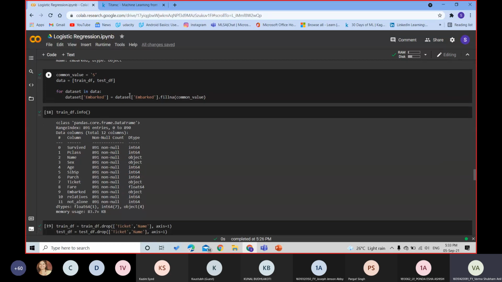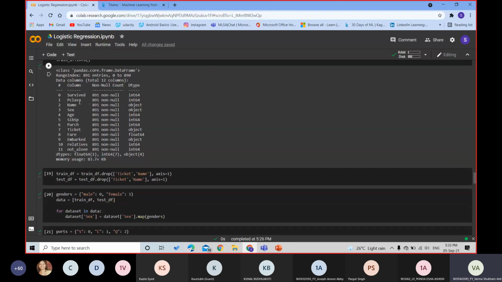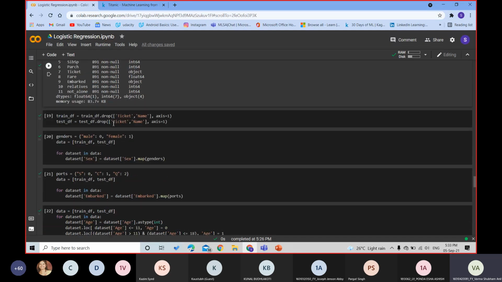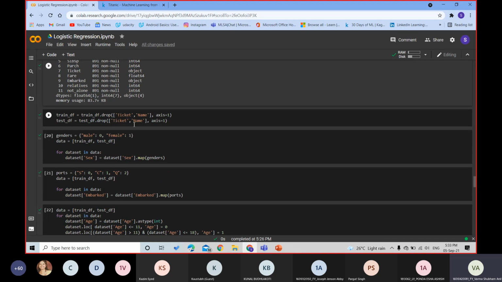By doing that, now if you see here, the count of survived people was 891. At age, 19.1% of the data was missing, but now we have all the data of the people present on the ship. So we pre-processed everything. Now we will drop a few more parameters like ticket. Ticket doesn't matter whether you will survive or not. Your name doesn't matter. So we drop all those parameters.